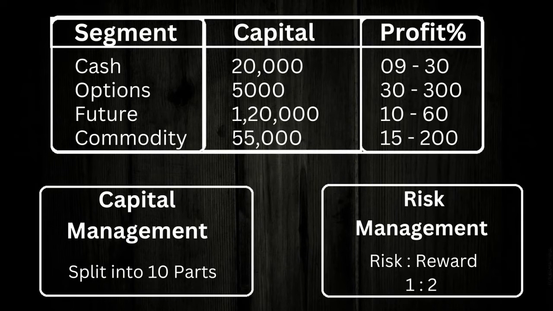And if you don't maintain the risk reward ratio, then there will be a possibility that you get 8 profits out of 10 and 2 losses, but overall you will get only a loss, because the size of the losses is bigger than the size of the profits. The same happens in the reverse direction too. If you have very good risk management and a risk reward ratio of 1:3 or greater than 1:3, and you get 7 losses against 3 profits, then there is a possibility that overall you are getting a profit even with 3 profits and 7 losses.